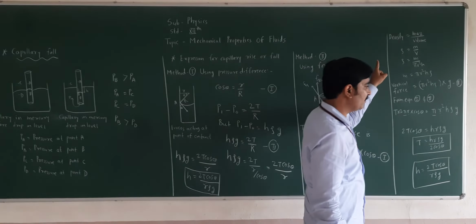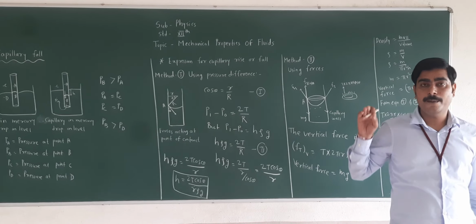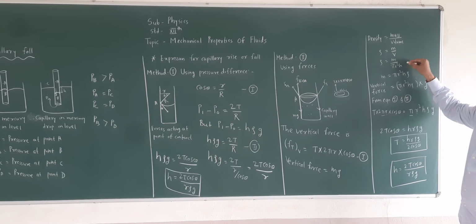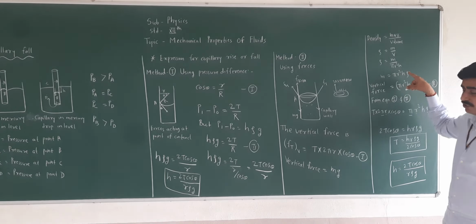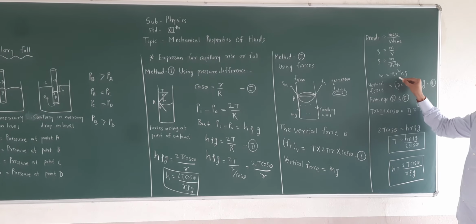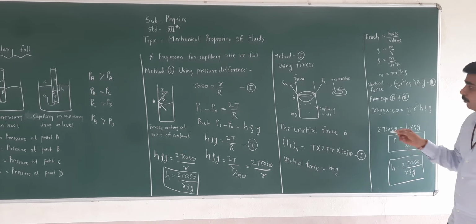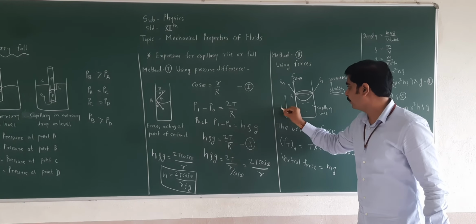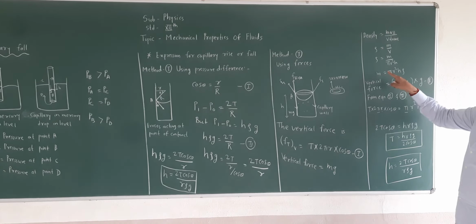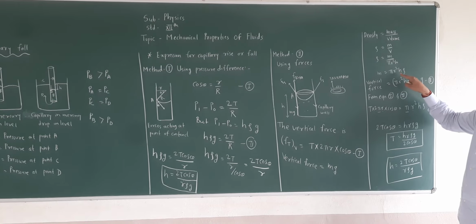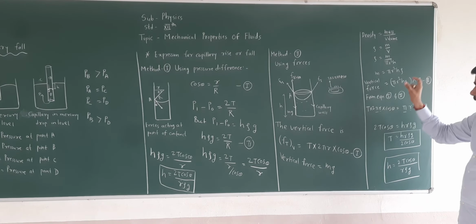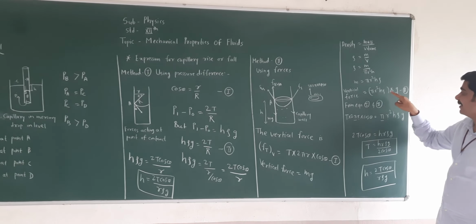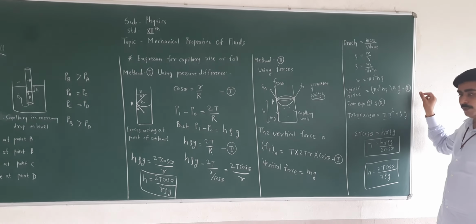So what is the density formula? Density is equal to mass upon volume. So rho is equal to m upon v. What is the volume of the cylinder? Pi r square h. So here m is equal to pi r square h rho. If you want to show the height, you can mark this as the height in your diagram. Now, what is the value of m? m is equal to pi r square h rho. Substitute this value in the vertical force here. Vertical force is equal to pi r square h rho into g, equation number 2.